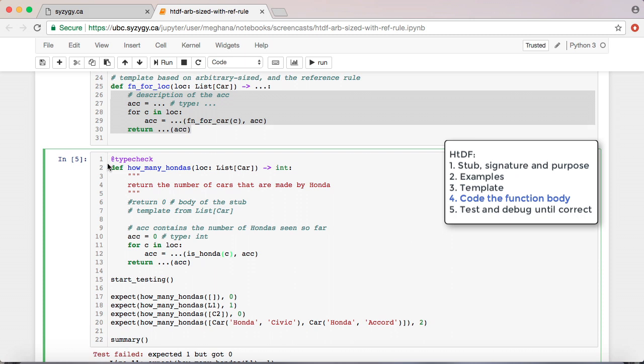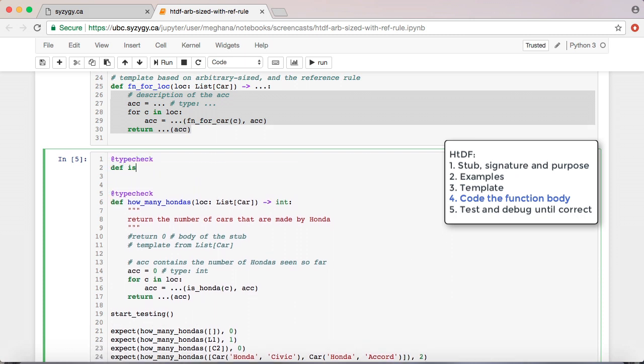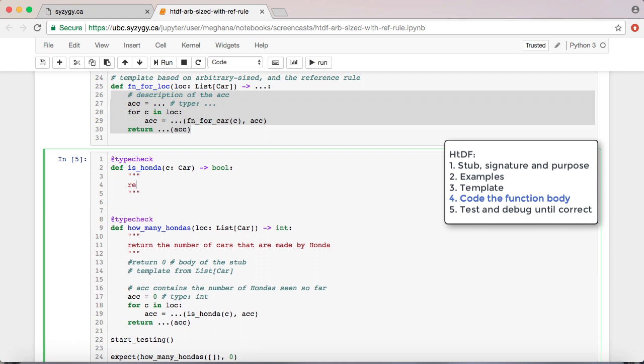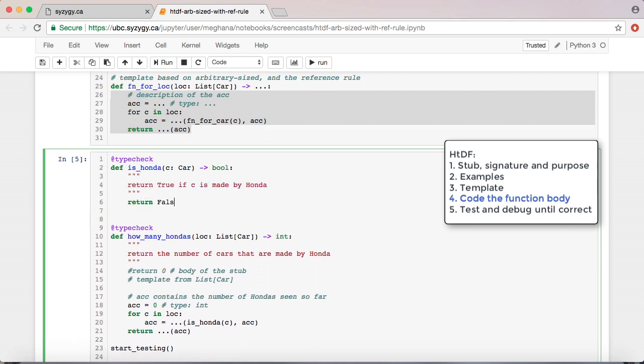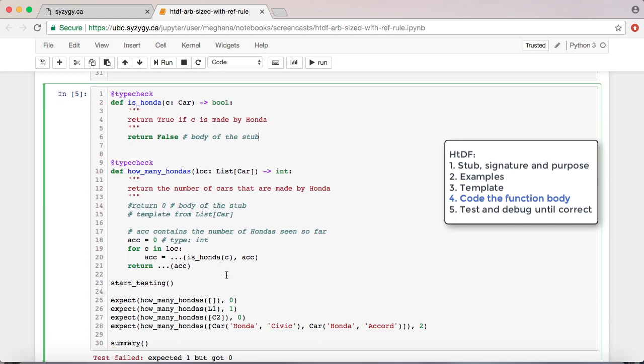At this point in time, I'm realizing that I need a helper function, but this helper function is not yet designed. I'll write a stub for the helper function so that I can finish my previous function design and then come back to the helper function. Going back to How Many Hondas, this means I might need to do something here, and these are the pieces that I have to work with. In this case, I need to change the template body a little bit.